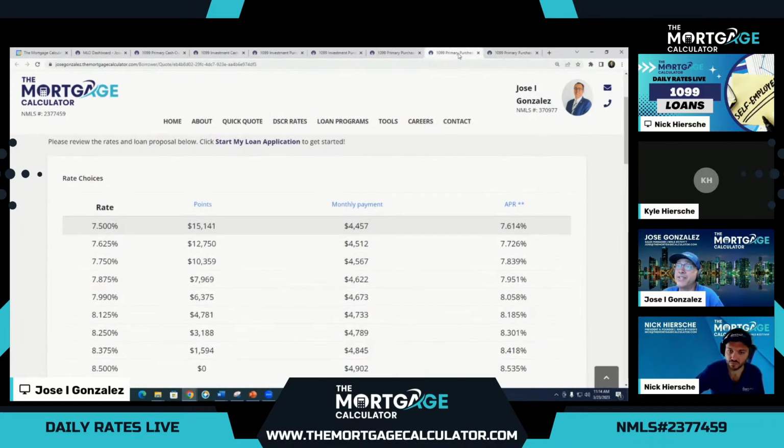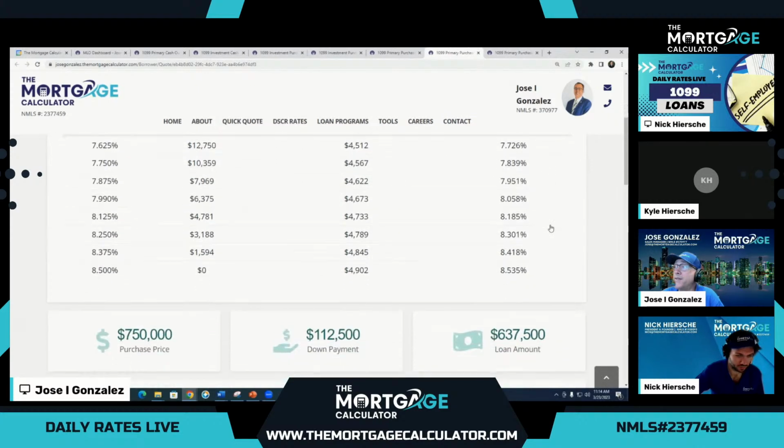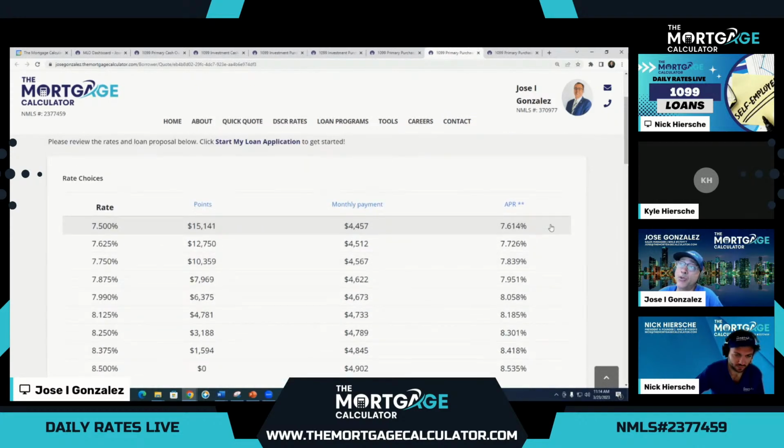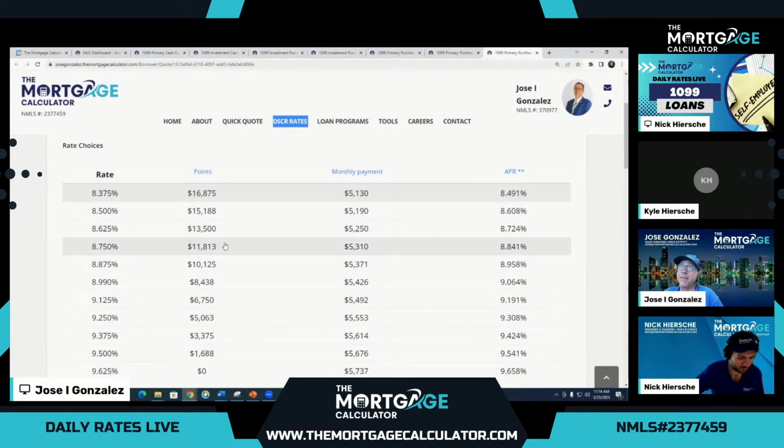Here we start at 8.5 at par, right? We can buy it down all the way to 7.5, and that is just about 2 3/4 points versus 5% down less. For example, 8.5 would cost you almost the difference in the down payment if you were looking at those options. So again, it's always good to show all of these comparisons to the borrowers,